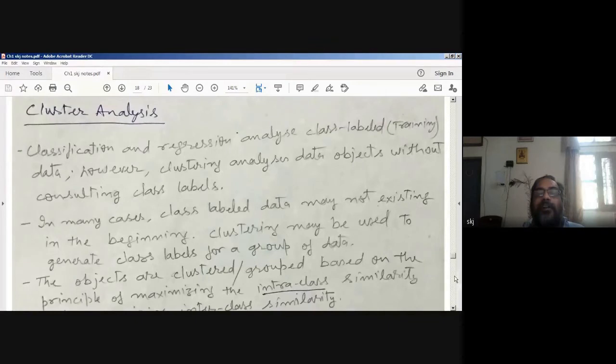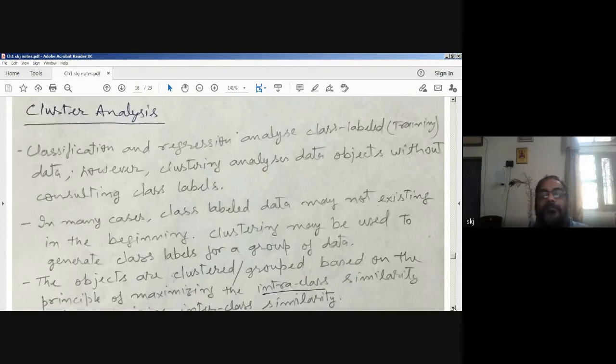So inter-group or inter-cluster similarity, or intra-cluster: similarity within a cluster, similarity within a group, and similarity between two groups. When we take two groups, that means we are talking about inter, between two. And when we use the word intra, that means inside, within a group. Okay, it is easy to understand.